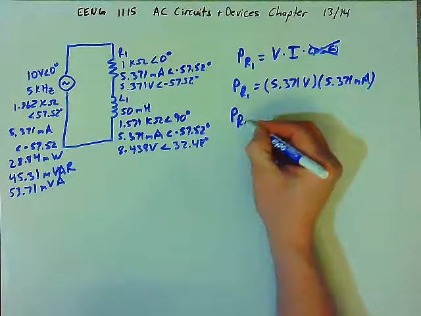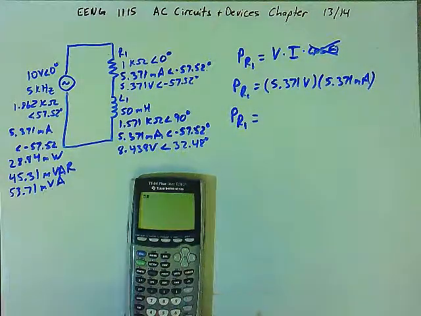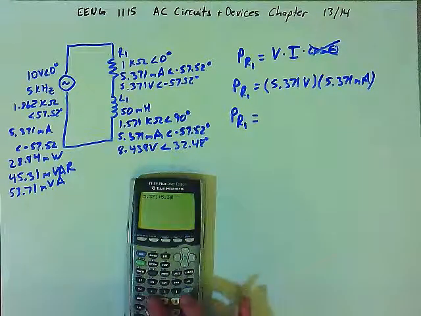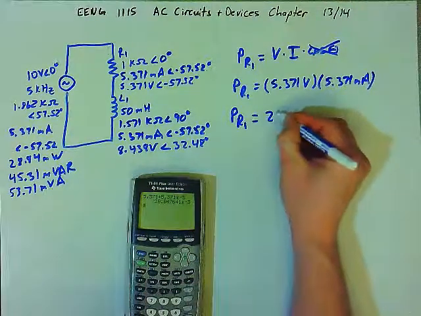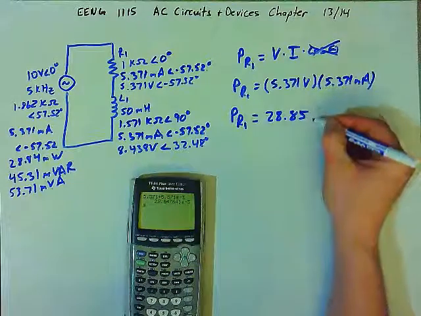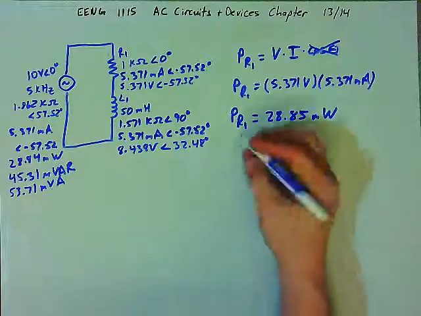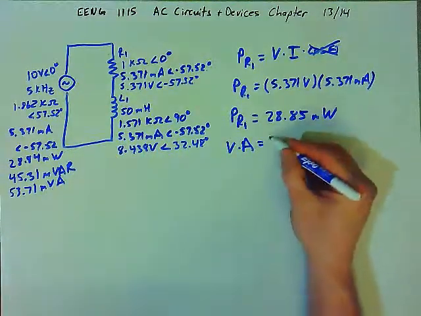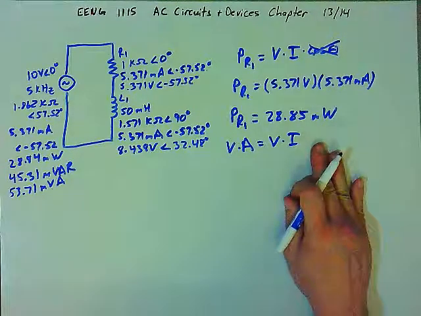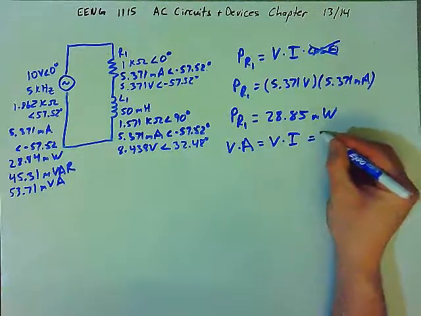So the true power used by the resistor will be 5.371 volts times 5.371 milliamps. The true power will be 28.85 milliwatts. Now, we could also look at the volt amps for the resistor. The volt amps for the resistor is just voltage times current without regard for the angle, and so we're going to get the exact same answer. The volt amps is 28.85